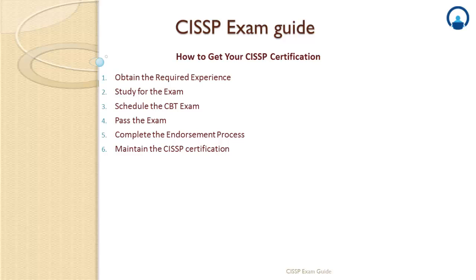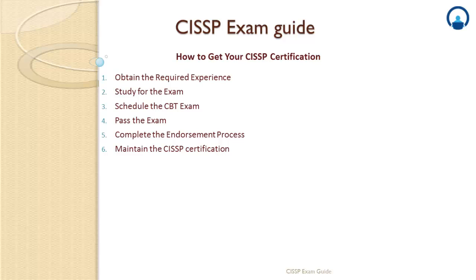Once you are notified that you have successfully passed the examination, you will be required to subscribe to the ISC² Code of Conduct, ISC² being the governing body of CISSP, and have your application endorsed before the credential can be awarded. An endorsement form is available, which can be signed by another CISSP professional who is an active member and who will be able to attest to your professional qualification and experience. Within the timeline of endorsement, you will be certified within 9 months of the date of your exam.